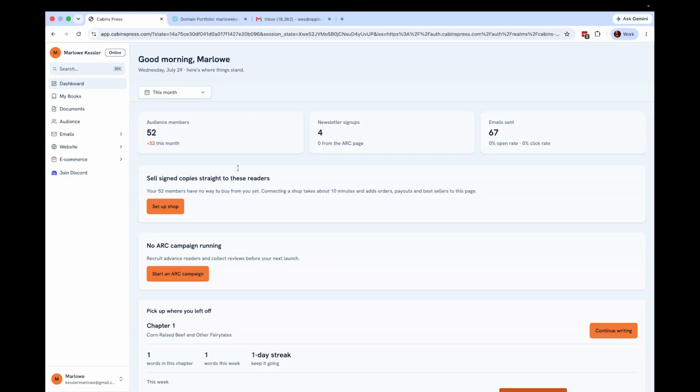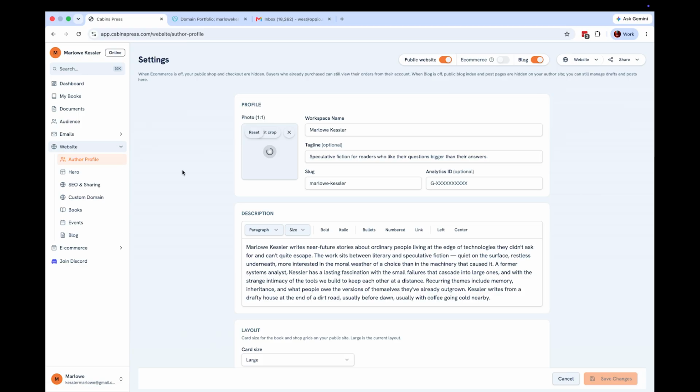Hey, we're going to set up a custom domain for our website. Let's first check out the current state of our website before we make any changes. To start, we're going to click on the website in the sidebar and then author profile. To preview our current site, click on the website dropdown and click view website to see the